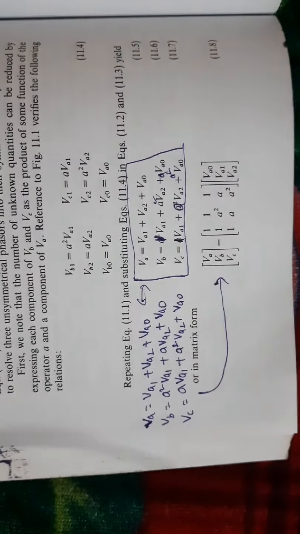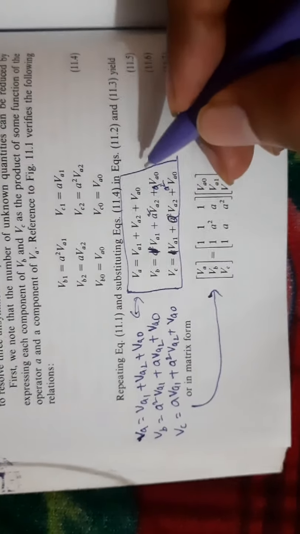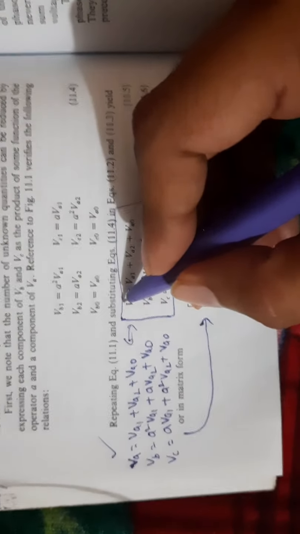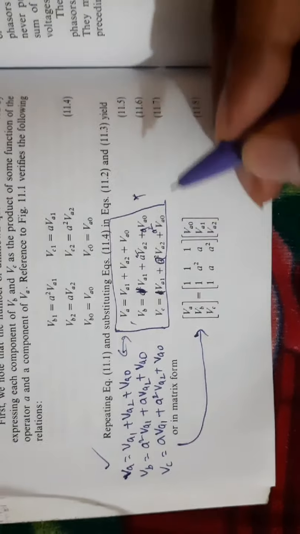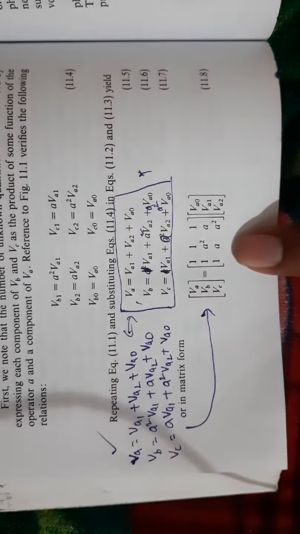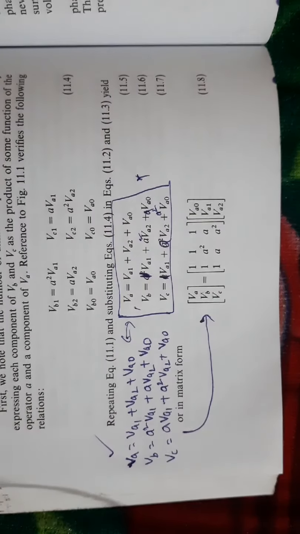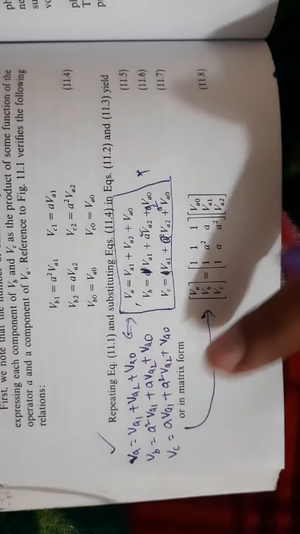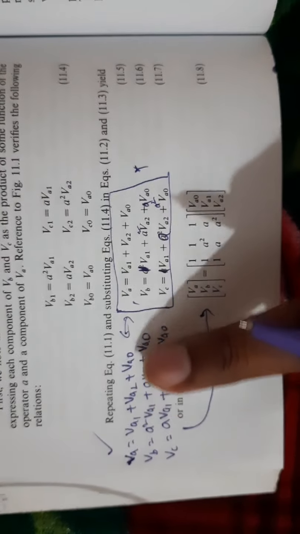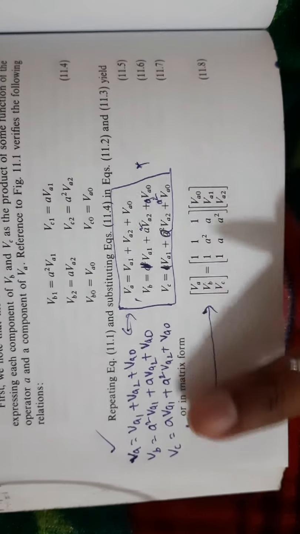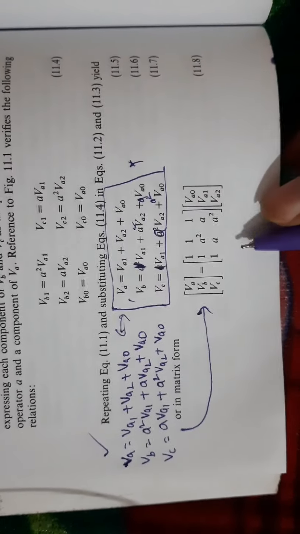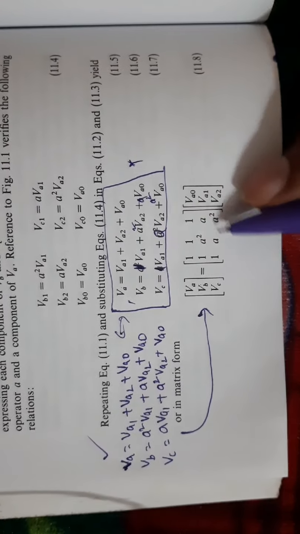So this is in voltage. Okay, this is actually correct. I have changed this one. Don't refer to the earlier one, it is changed. It is the same, but we are converting it into a matrix form. In this method, one step they have missed, they have removed one step. So we are converting this into a matrix form. Here we have to use Va1 plus Va2 plus V0, with A square and A, and we have to place this in matrix form. So when we change into matrix form, the entire matrix changes.